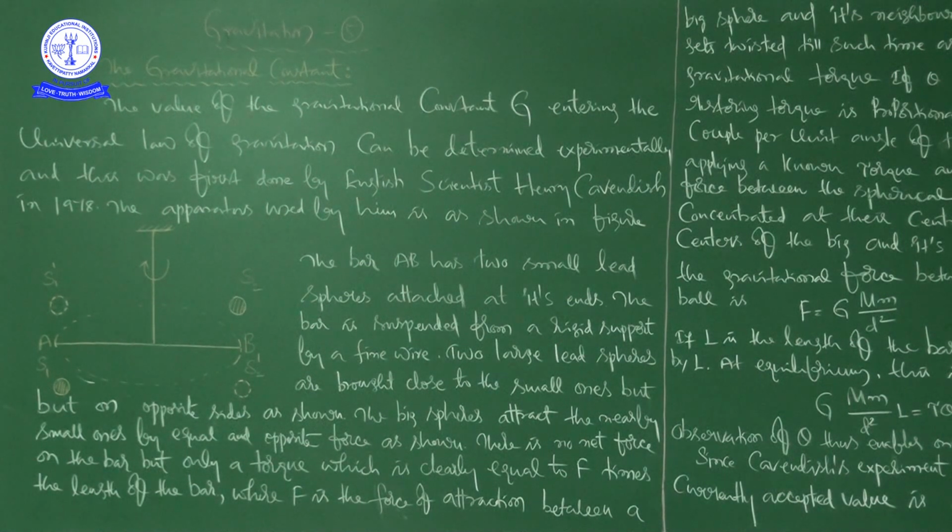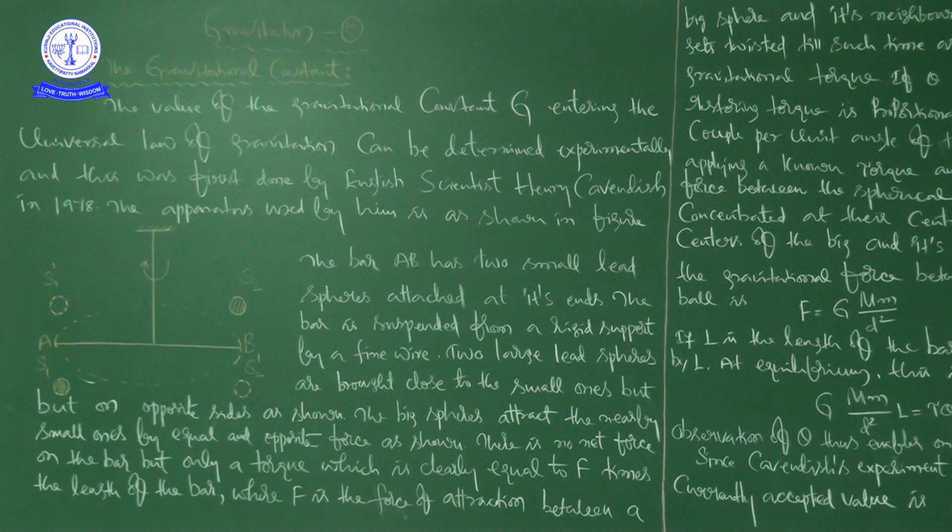Mathematically, tau bar is equal to r bar cross f bar. r bar is the perpendicular distance between the axis of rotation and the point of application of force, and f bar is the applied force. You can take either magnitude and direction, because force is a vector quantity. So tau bar equals r bar cross f bar. It is also a vector quantity, and by using the right hand rule you can determine the direction of the torque.